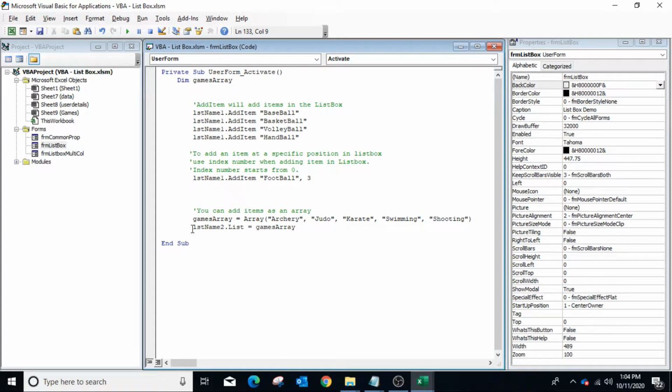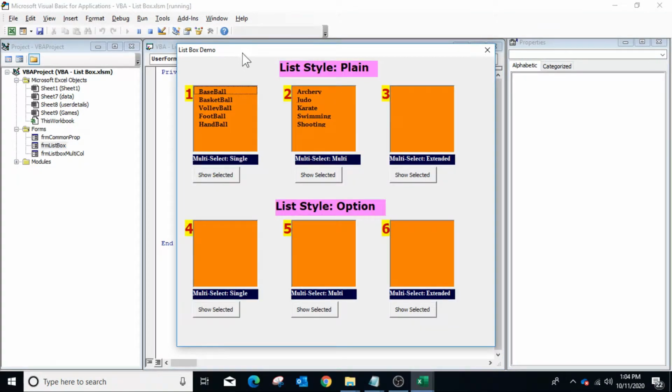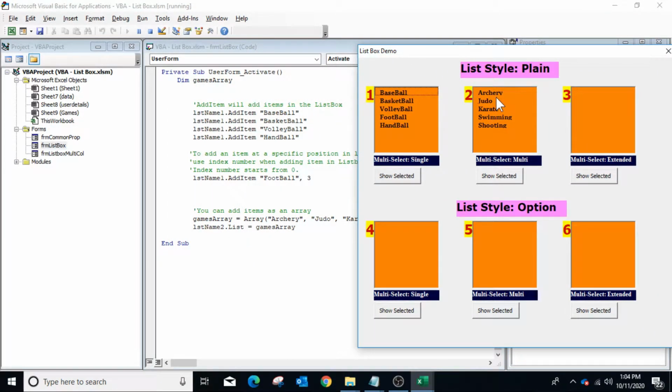To add these items in list box 2, specify the list box name, which is lstName2.List equals the array name. Now run the user form and all the items available in the array are assigned to list box number 2.